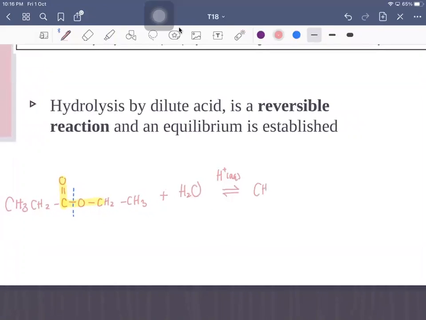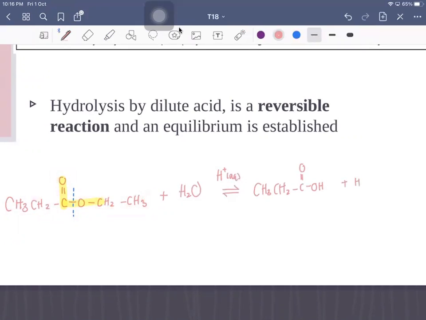The first one is the part that belongs to carboxylic acid, which is the one on the left. Whoever is directly attached to the C double bond O came from the carboxylic acid. The one that is singly bonded to an oxygen comes from alcohol